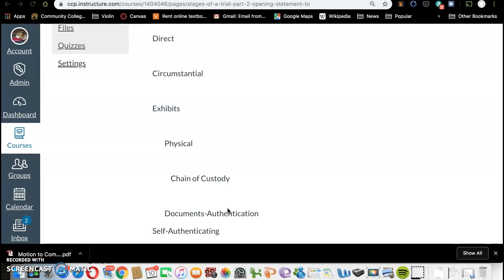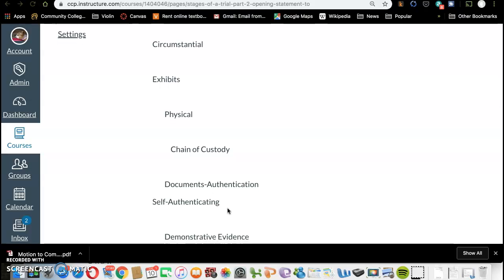That's that it's authentic. Sometimes you'll have documents that need to be authenticated. If you wrote a letter to someone, if they wanted to introduce that into evidence, they probably wouldn't be able to, because it wouldn't be their words, it would be your words, and it would be your writing. So you'd have to authenticate it. They'd have to call you to the witness stand. They'd have to show you your writing. You'd have to identify it as such, and you'd have to indicate you had written it.